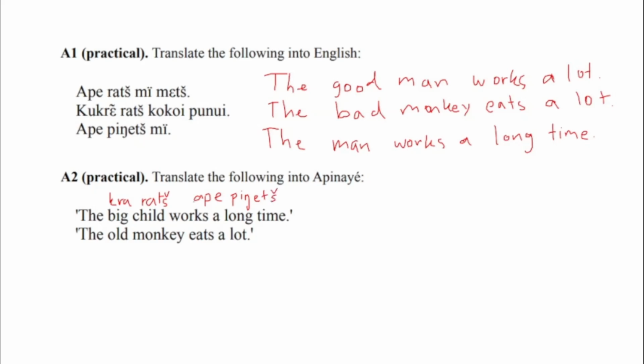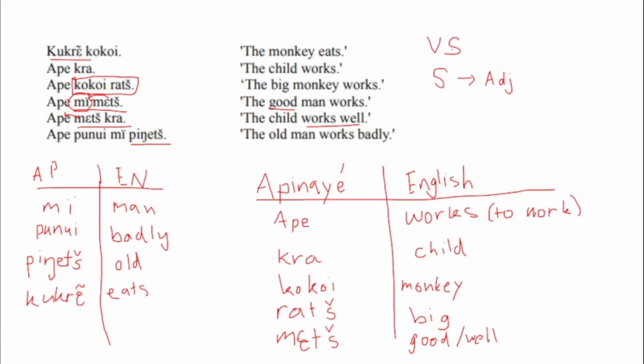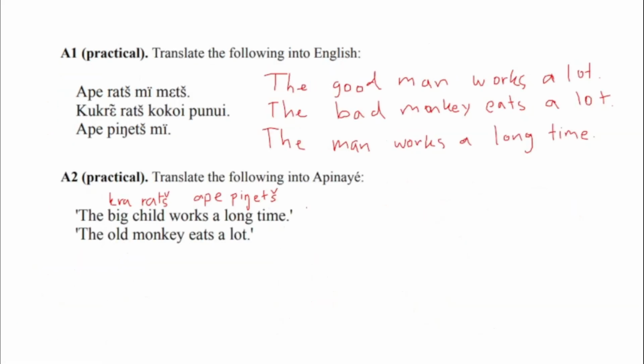Okay, so we got these two fragments of the sentence. We've got the big child, the subject, works a long time, the verb. But Apenai, as we observed before, has a verb subject order. So the verb should come first, meaning that this sentence should be ape